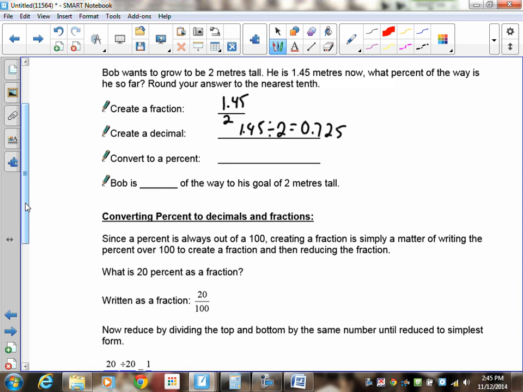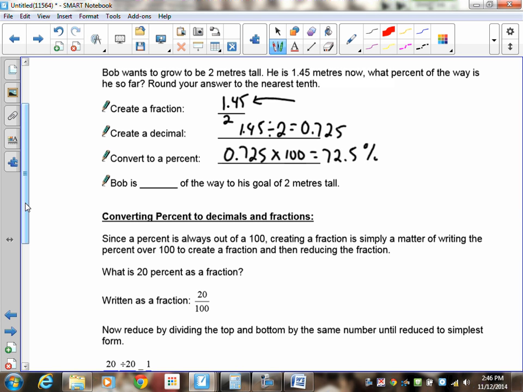Now I just want to give you a little bit of explanation on that. Normally we don't put decimals in fractions, it's not allowed. But we're going to do it because it helps us to solve the question. Okay? So normally you wouldn't have a decimal there. So now I've got the decimal, 0.725. I want to convert that to a percent. So 0.725 times 100 gives me